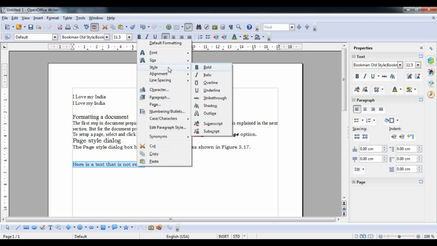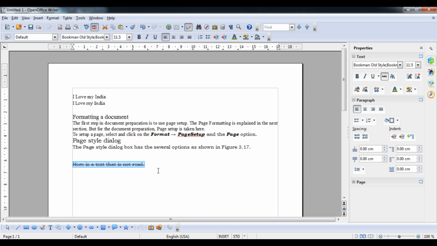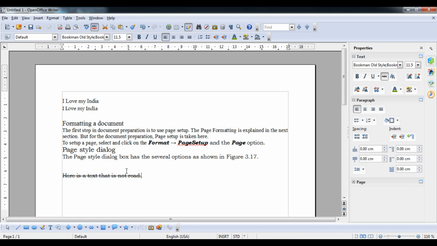Now right click on it and go to the style option. Now you can see the strike through option, so you can strike through. In this particular way you can see a center line has been drawn in my sentence. This is not an important line, this is known as strike through, a formatting of a text.